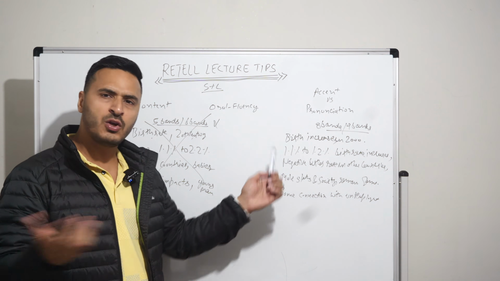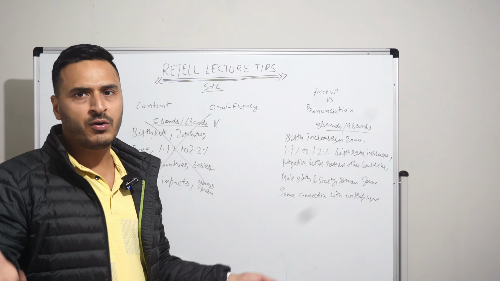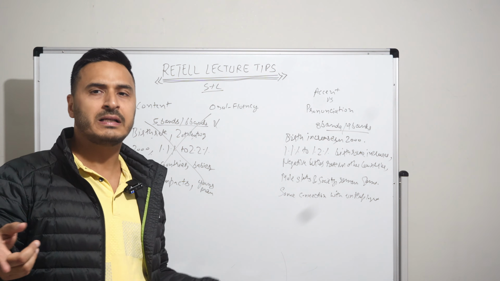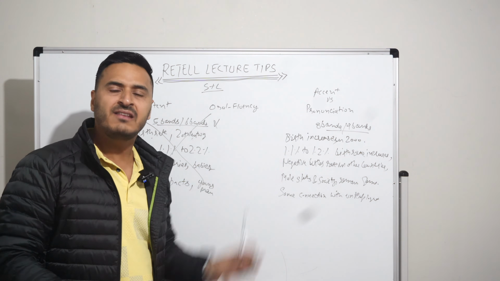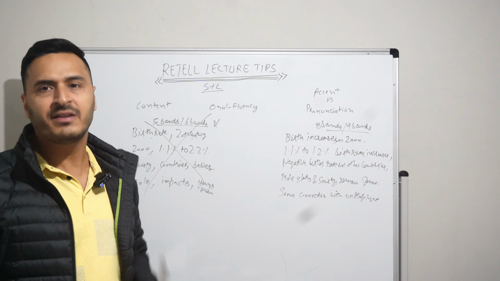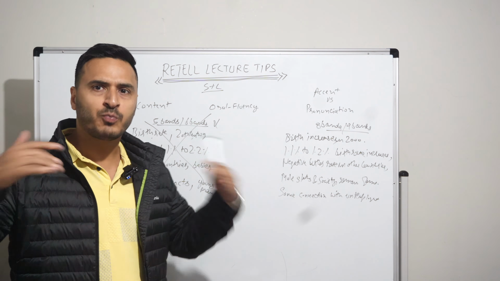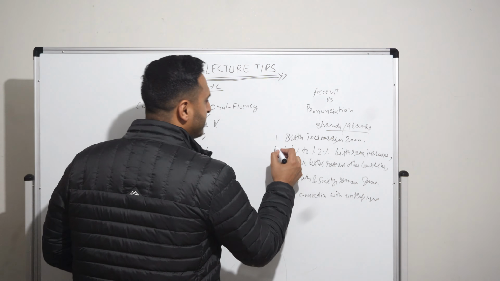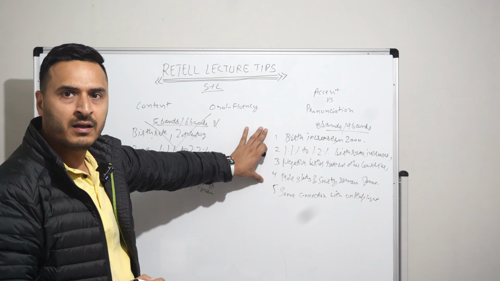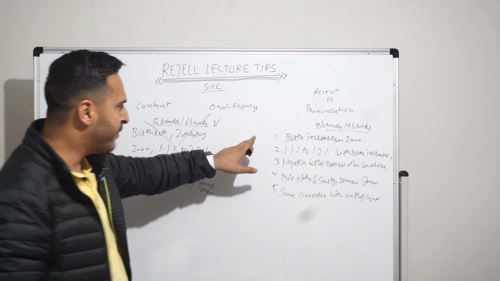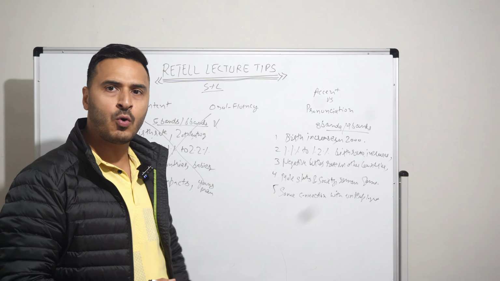So how can you speak? Use a simple template or you can use your own template, no problem. I don't know what your template is. You can comment your template. We will check and let you know, right? So this is the easiest way to explain Retell Lecture. You have only 10 seconds. Your mind is ready to speak because you have the first line, second line, third line, fourth line, fifth line. So we have 5 lines. Your mind is ready. In the first line, I have to speak like this. Second line, third line, and so on.